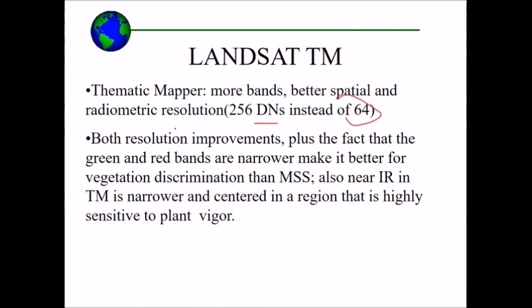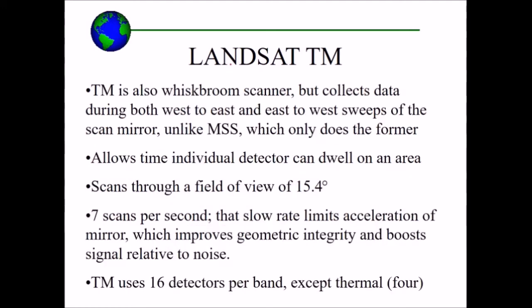And both resolution improvements plus the fact that the green and red bands are narrower make it better for vegetation discrimination than MSS. Also, near infrared in TM is narrower and centered in a region that is highly sensitive to plant vigor. The TM is also a whisk broom scanner, but it collects data during both west to east and east to west sweeps of the scanner, unlike MSS, which only does the forward sweep. It allows individual detectors that can dwell on an area and scan through a field of